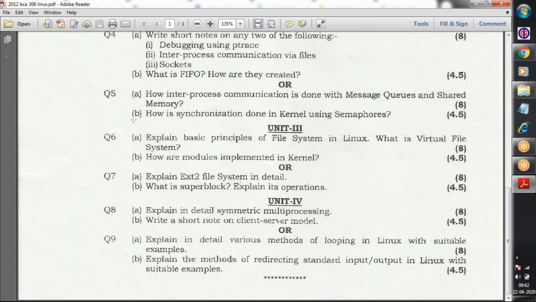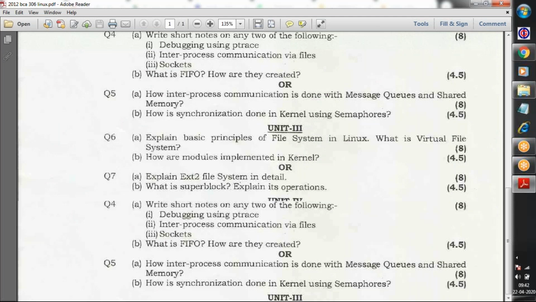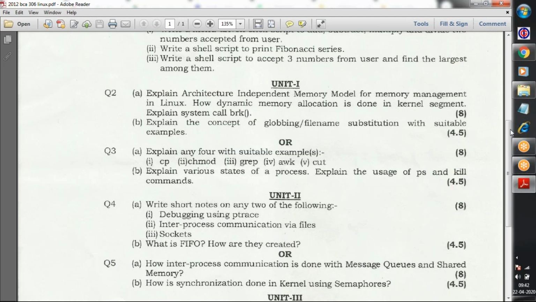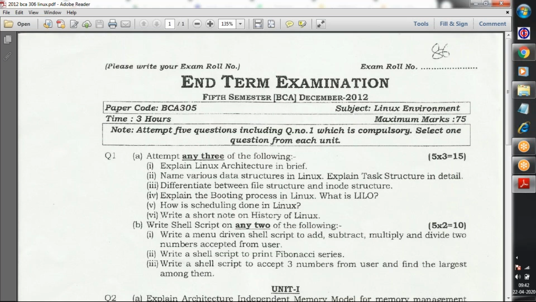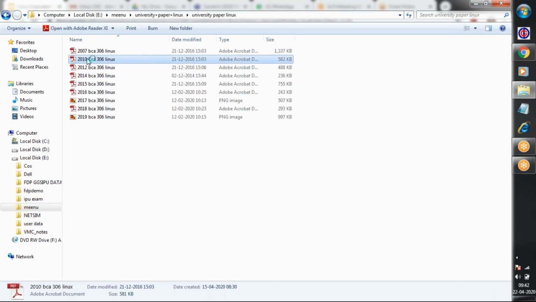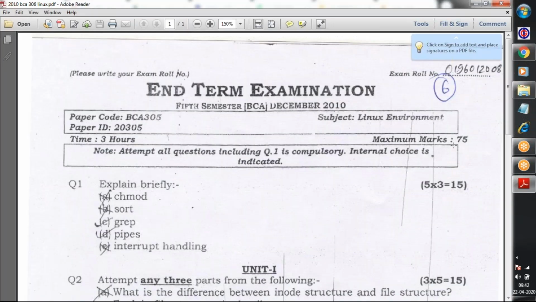So these are the two papers of Linux 2012, and our syllabus has also changed from the 2010 paper. This is a 2010 paper. Same.